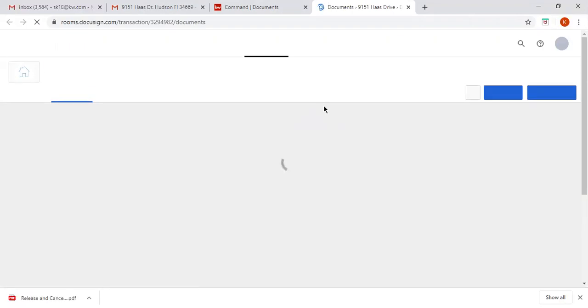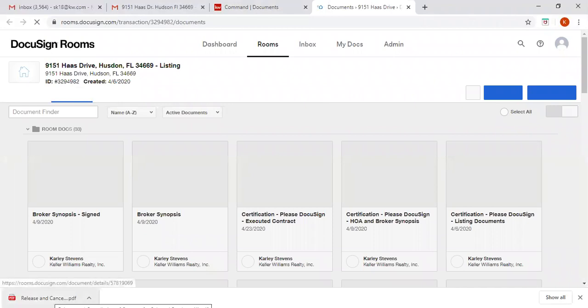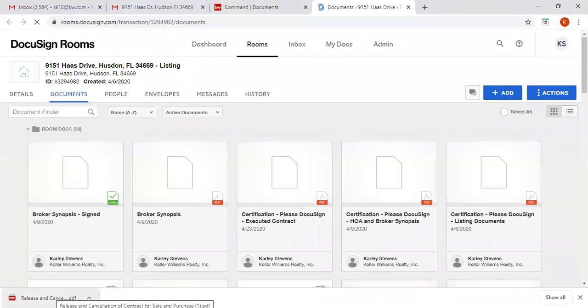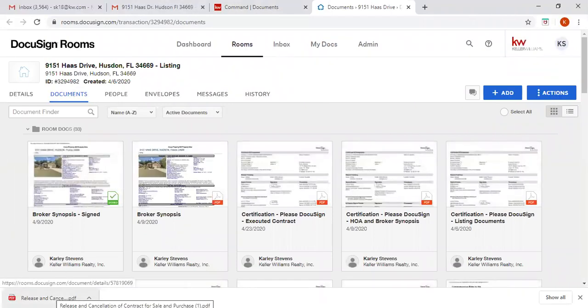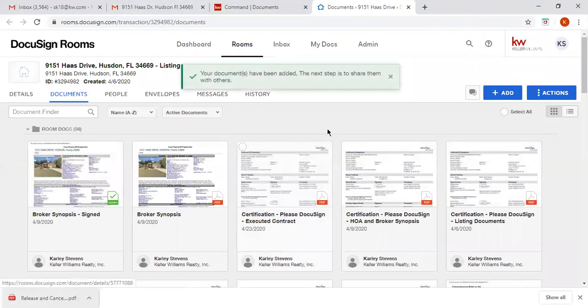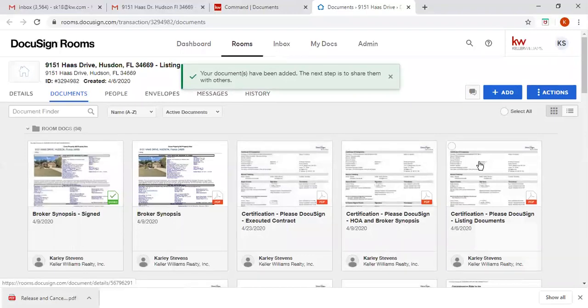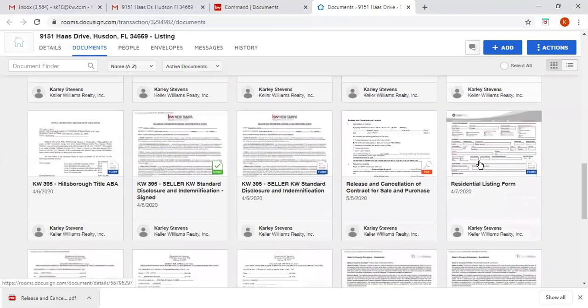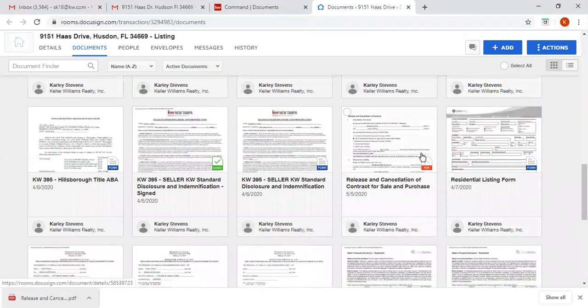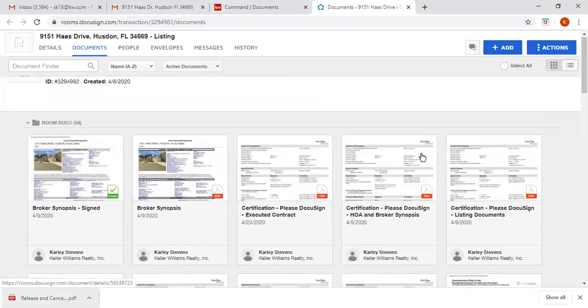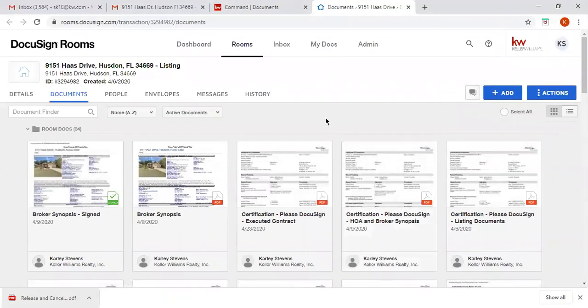And since it opens to the Documents tab, all I have to do is click on this downloaded document down at the bottom and drag and drop it into this screen here. So we can see it. Let's see, it's right here. Kind of just goes anywhere, I'm pretty sure. But now I need to edit it and add signatures to it. So I'm going to create a new envelope